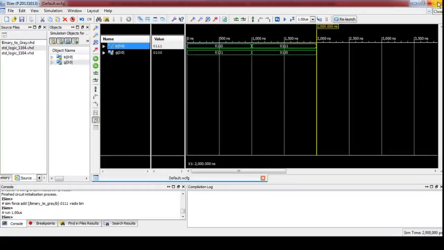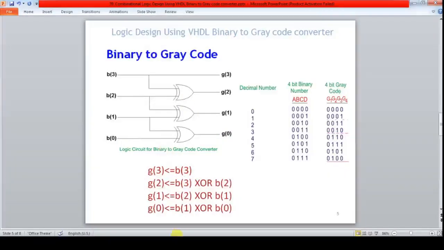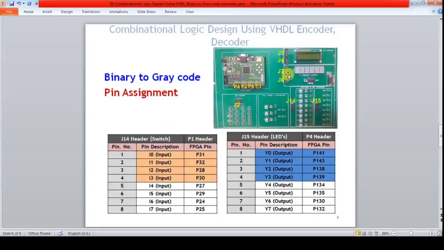Now we have to generate a bit file. Before that we need to create a user constraint file. So to create it, we are going to use the development board where the P1 port is connected to the J14 header.